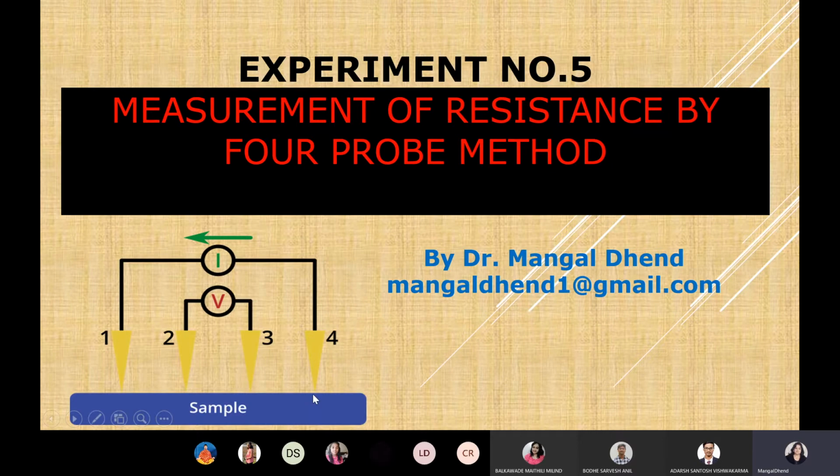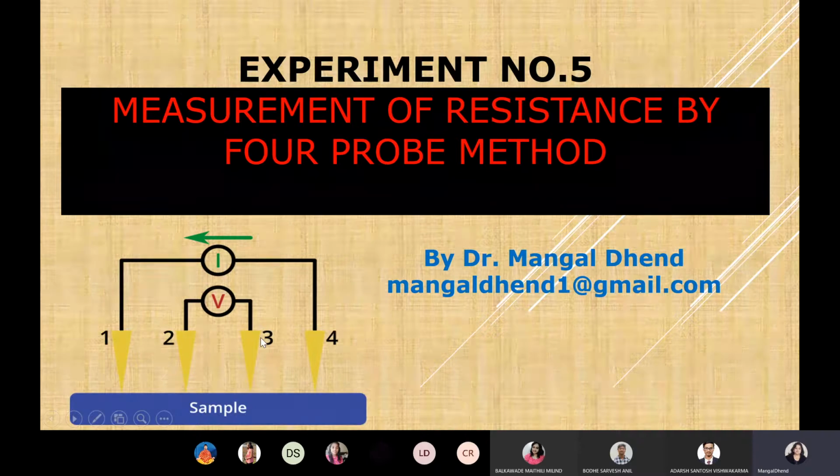This means when you apply DC supply, in case of DC, inductive reactance XL or capacitive reactance XC will be 0 because the frequency of DC is 0. So 2 pi f L, f is 0, so inductive reactance will be 0. And 1 upon 2 pi f C, frequency is 0, so capacitance is not there for DC. So for DC, V by I will give you resistance.